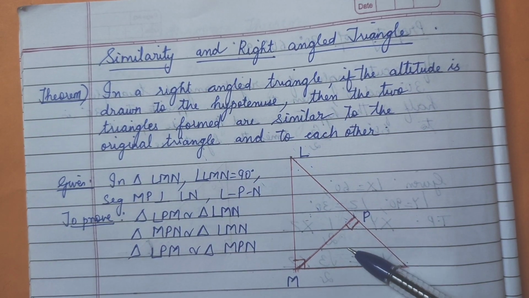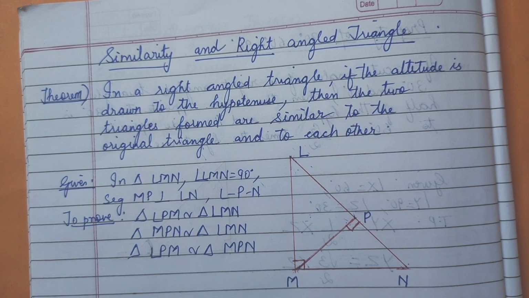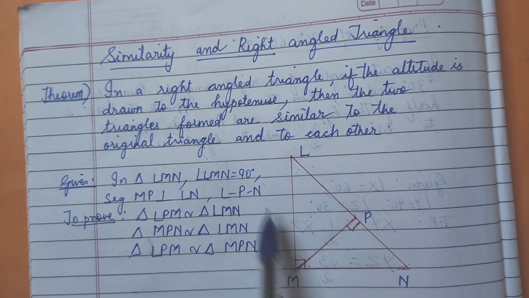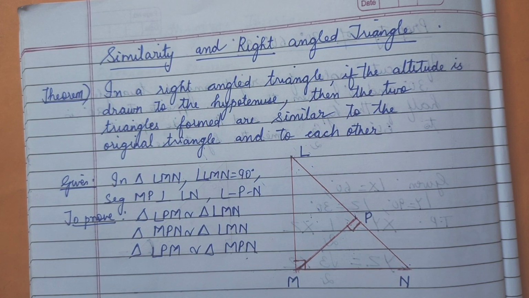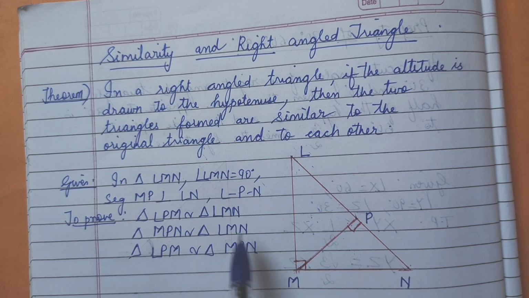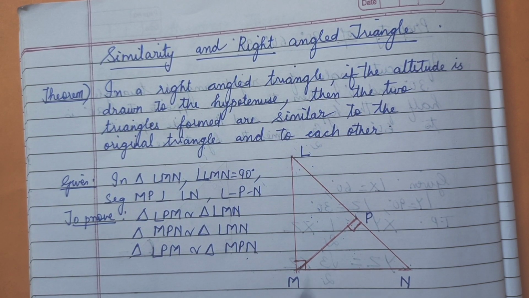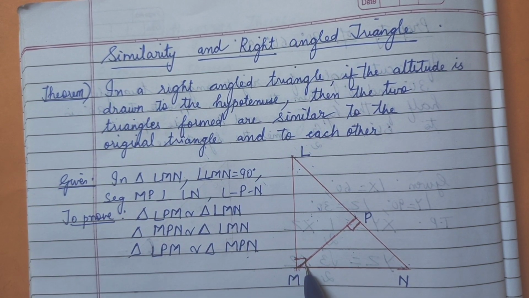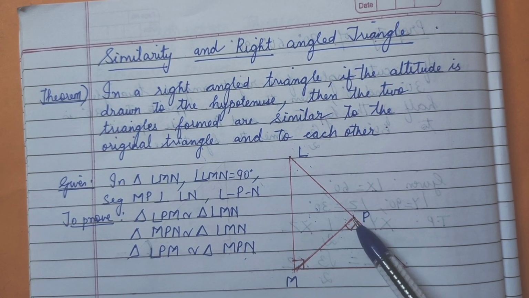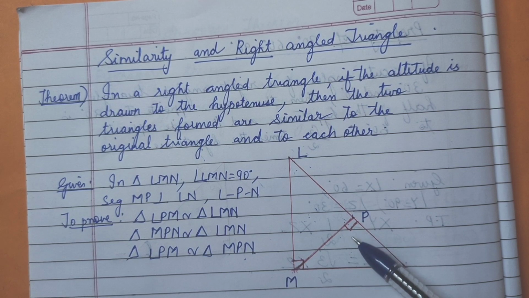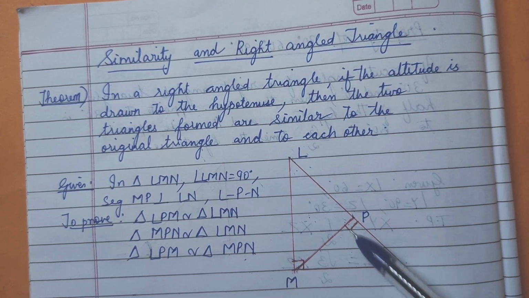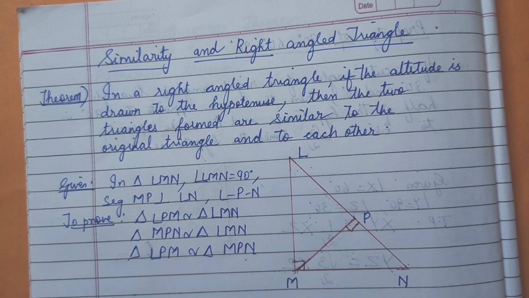This triangle and the bigger triangle have been written separately like this. What does this mean? This says that these three triangles are similar to each other by the property of transitivity, which we have learned also. But you can understand with this also. So understood, when such a condition arises, when you have a 90 degree angle and the altitude is drawn to the hypotenuse, that also forms what? This 90 degrees here. You know altitude means definitely it forms a 90 degree angle. Clear?